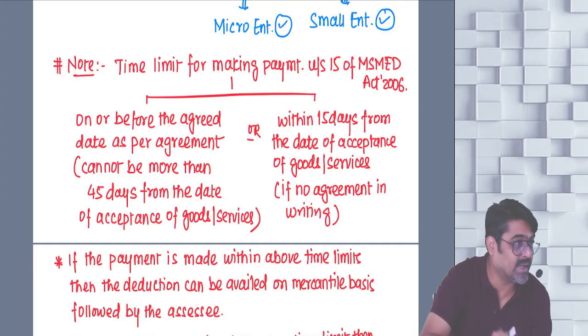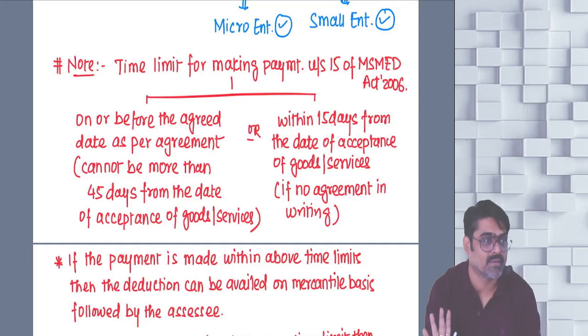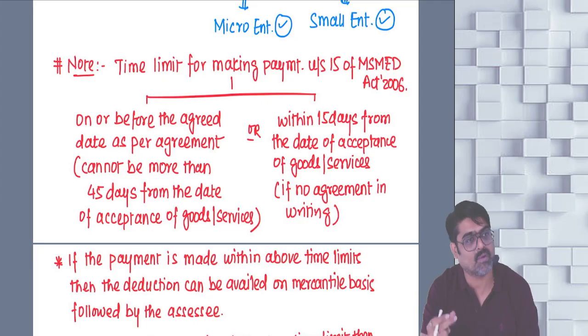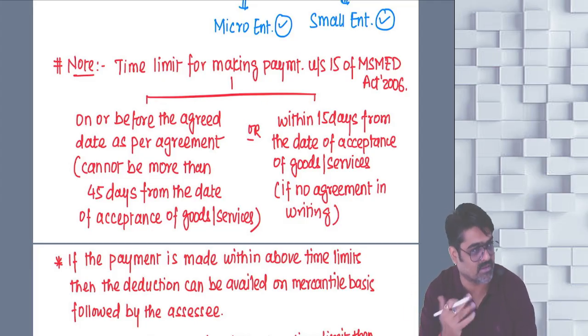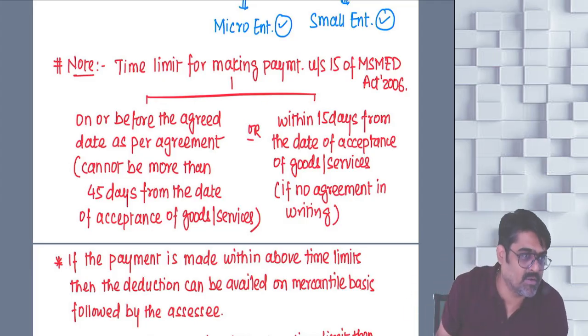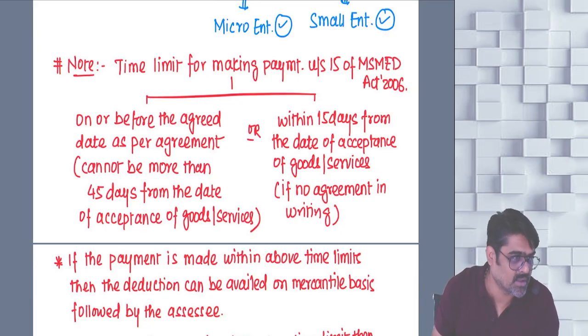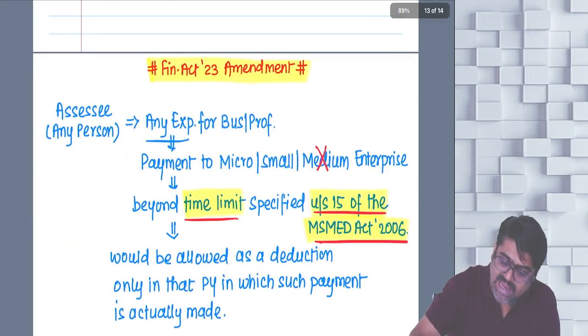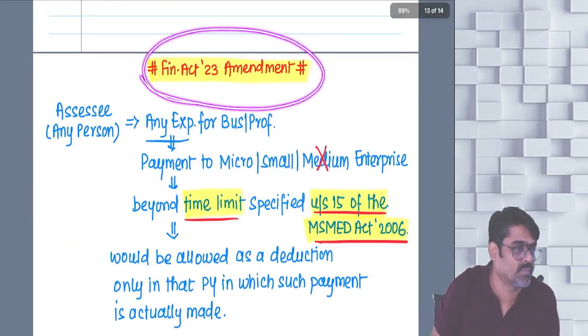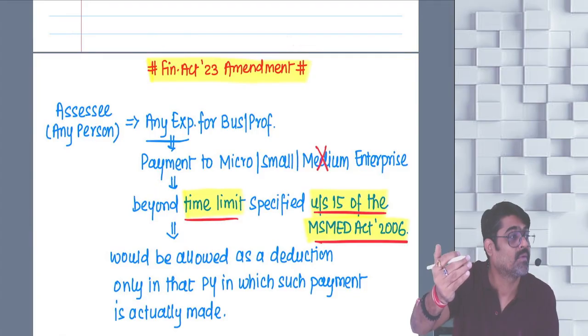Within this period, if the payment is made, then the payment will be allowed as a deduction, as your business expense. But if the payment is not made within this period, then 43B will be attracted and the payment will be disallowed. And it will be allowed in the year in which the payment is actually made. Will you remember this? Now, this section as it is, I have told you, as it came for the first